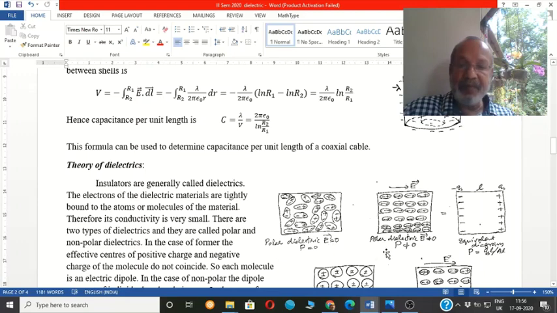But if a dipole is kept in an electric field, the situation is different. The dipole will be acted upon by a turning force or a torque, so that the dipole will align in the direction of the field. We know that in the case of a magnet or magnetic dipole, when it is freely suspended, it will align in the north-south direction, that is, in the direction of Earth's magnetic field. Similarly, these electric dipoles will align in the direction of the externally applied electric field.